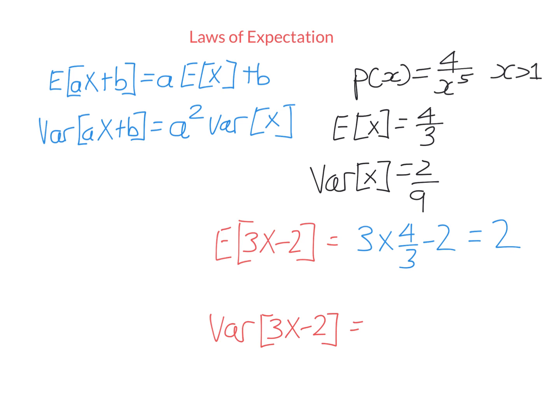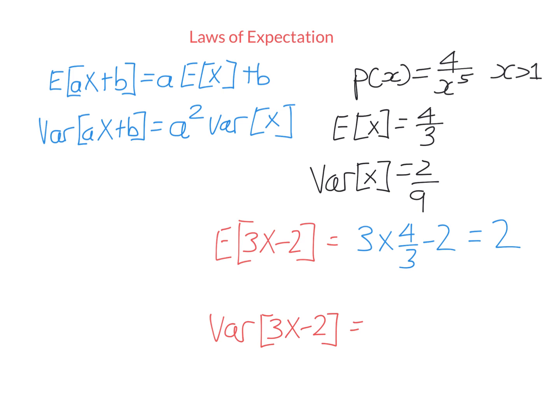But for the variance, it's not actually the same. So look at the variance of 3x minus 2. If I took 2 marks off everyone's score in a test, it actually wouldn't change the variance, because the variance is a measure of how spread out the scores are. Taking 2 from each score doesn't change how spread out they are. Now, it turns out if I triple everybody's score, I won't triple the variance, I'll multiply it by 3 squared,